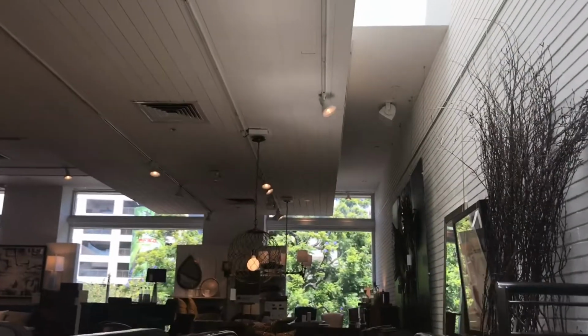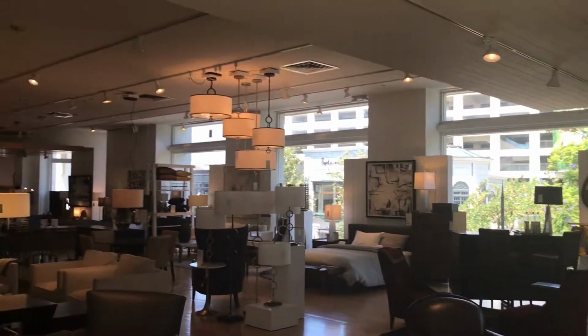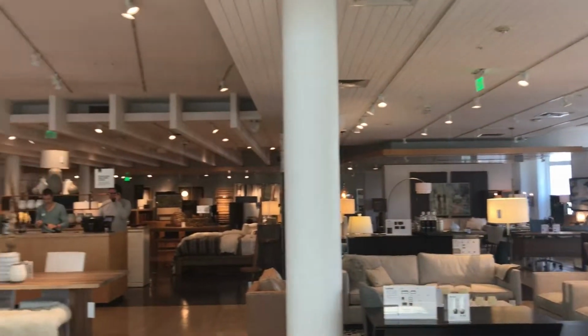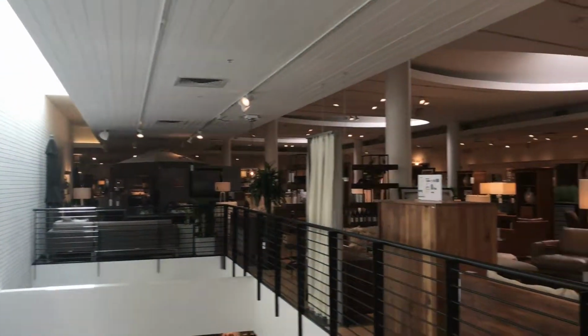But I can say the benefits of using Crate and Barrel was they were extremely fast. The registering process, they gave us a gift. They were so nice. These were the only people that actually gave us a walk-away gift, but we did get other gifts from other places. But Crate and Barrel, I do highly recommend to do your wedding registry. They have really great things there, as you can see through some of the video footage that I'm adding to this video. Okay, and also I want to just share with y'all,